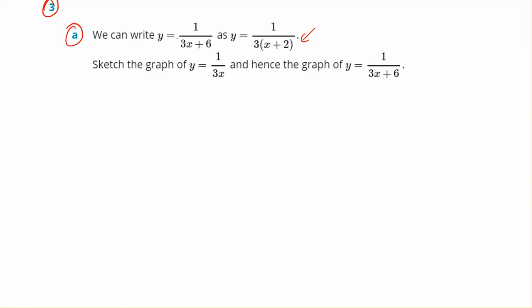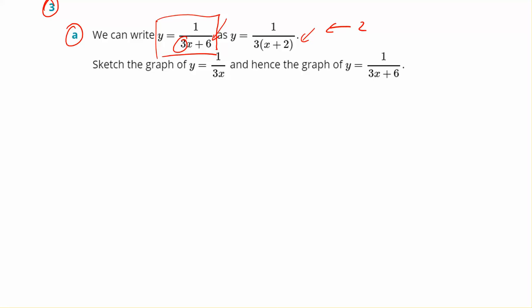So as we can see with the first equation, we notice there's a number in front of the x. Now, whenever there's a number in front of the x, we can't read what the left-right transformation is. So the left-right transformation is not 6 to the left. In order to reveal our true transformation, we always need to take a factor out if the number in front of the x is not positive 1. If it's negative, you still need to take a negative out. So here we've taken a 3 out,